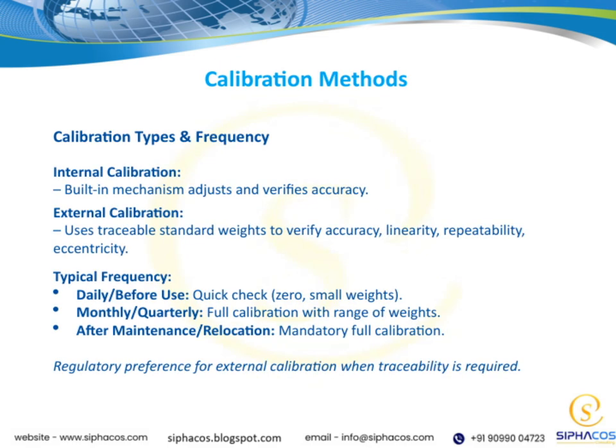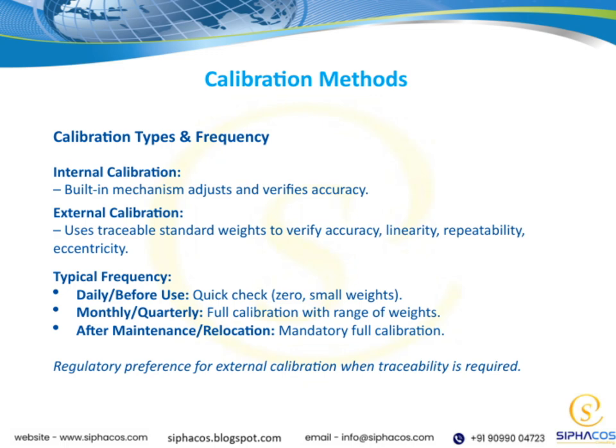Now, let's take a look at the different types of calibration and how often they should be performed. First, there's internal calibration. This is built into the device itself, with a mechanism that adjusts and verifies the accuracy automatically. It's convenient because it helps maintain precision without needing external tools all the time. Next, we have external calibration. This involves using traceable standard weights to verify the accuracy of the equipment. It's more comprehensive because it checks not just accuracy, but also linearity, repeatability, and eccentricity, ensuring the device performs consistently